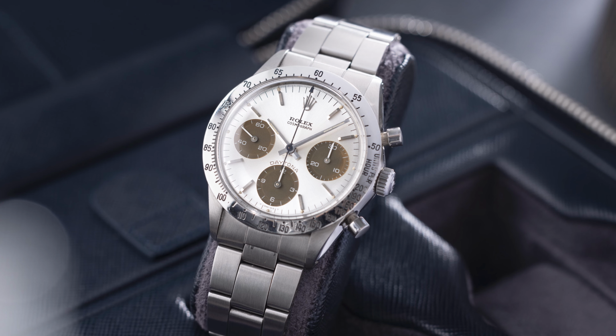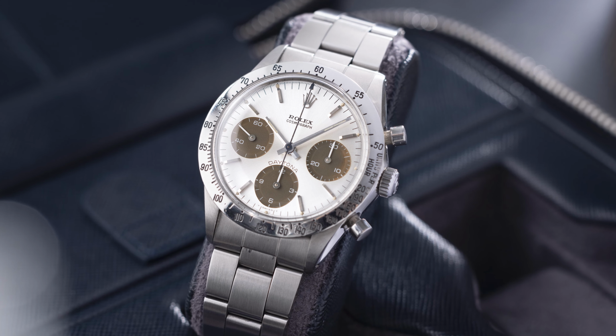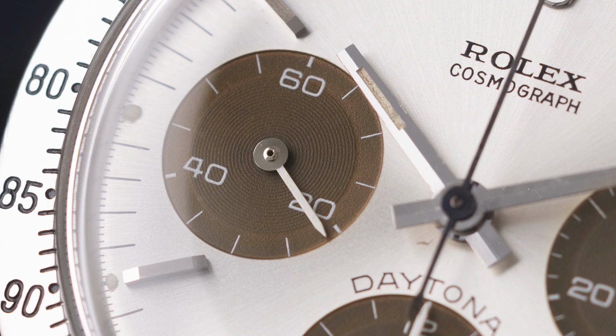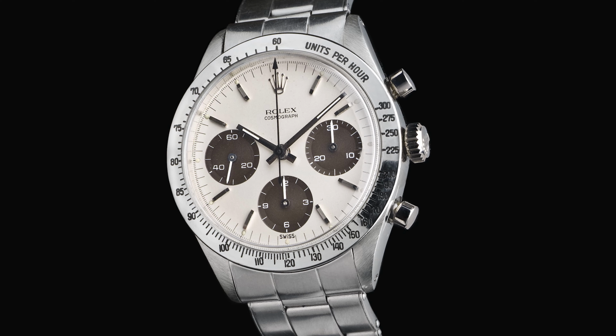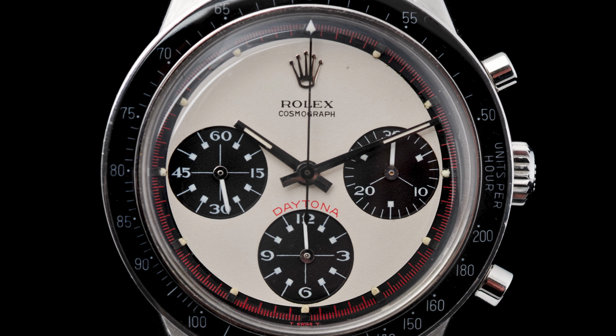So let's dive deeper into these two beauties and start with the older one from the family. A very interesting one for sure, as it's one of the rarer references from the Rolex Daytona lineup. When we talk about vintage Daytonas, we often differ between the pump pusher and the screw-down versions and periods. Within the 60s, featuring the pump pushers, the reference 6239 with a steel bezel, and the reference 6241 with the bakelite bezels,